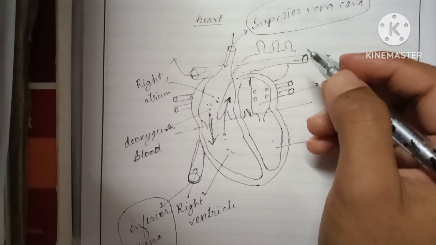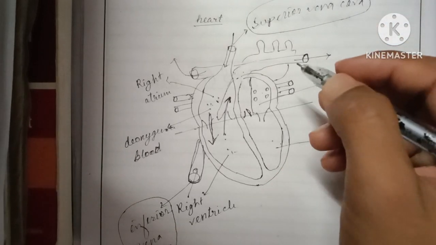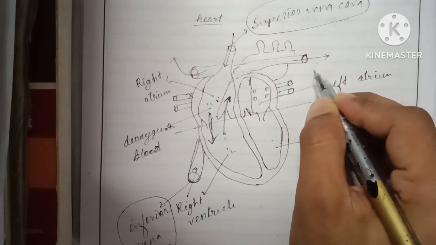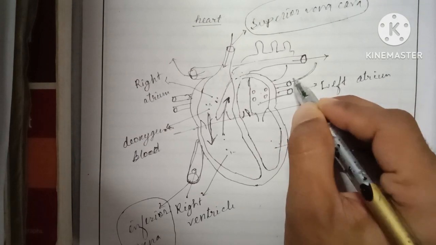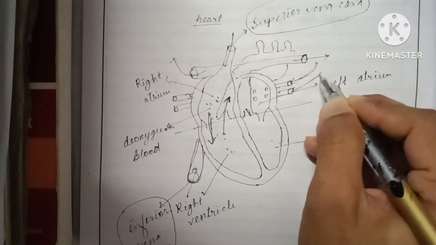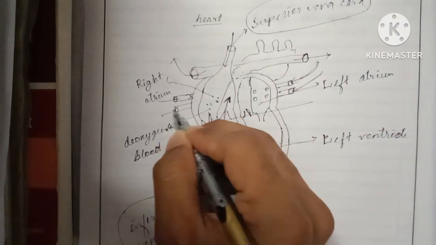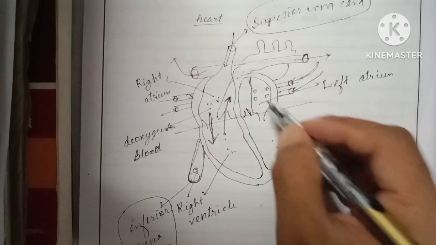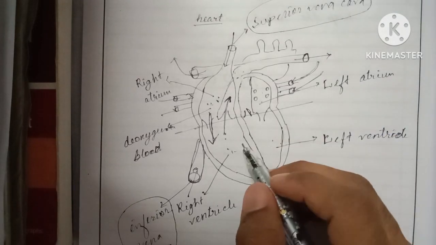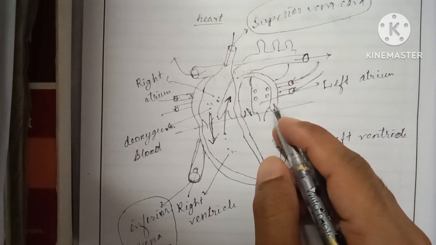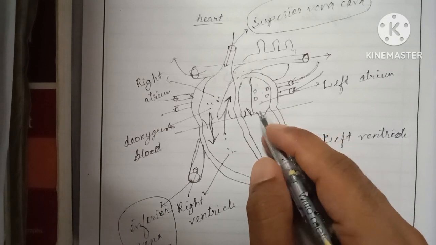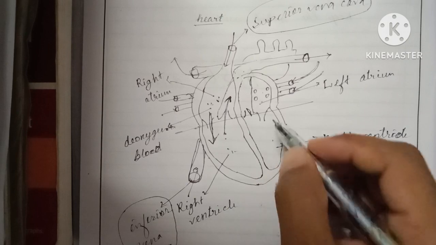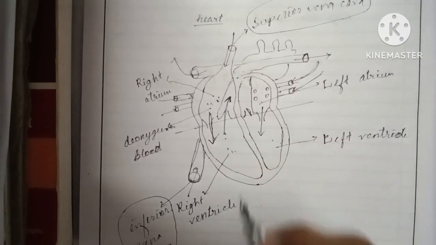After purification in the lungs, the blood will come to this left atrium through the four veins. The oxygenated blood will come to this left atrium, and after the left atrium is filled, the blood will come from the left atrium to the left ventricle,